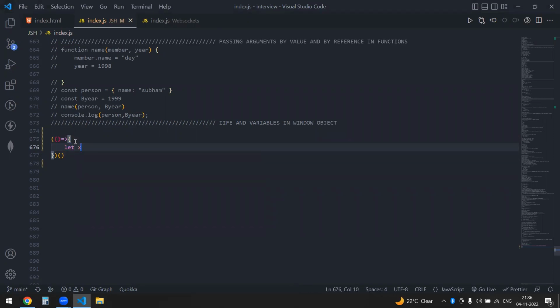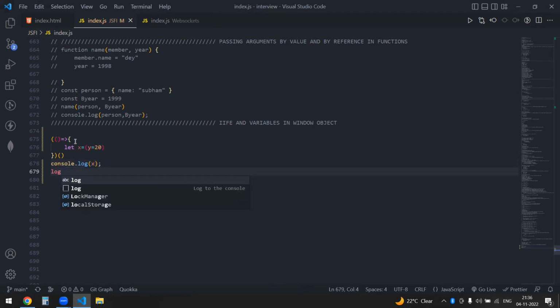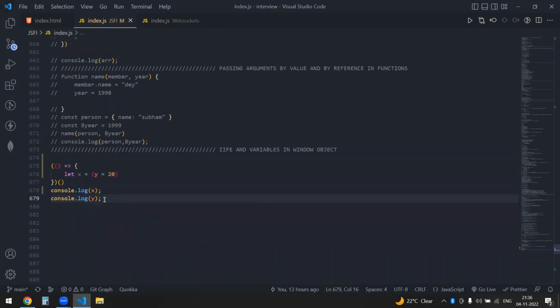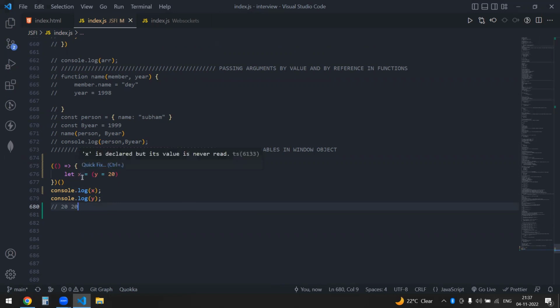So let x equal to y equal to 20, and now let me just log x and log y. Okay, so now you might think that the output might be maybe 20 and 20, because y is pointing to 20 and x is pointing to y. So both x and y might point to 20, right? But the thing is,